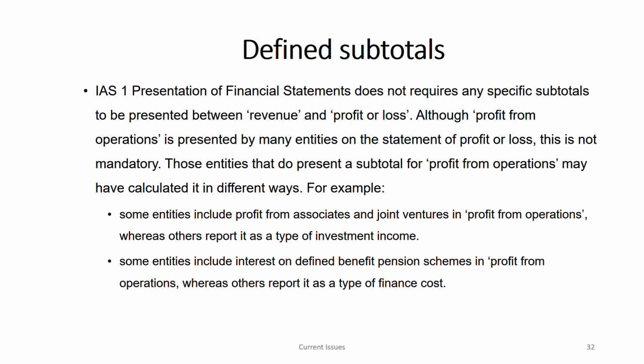Okay, because as I told you earlier, the current issue is something very easy to deal with, because the area is very small, it's not very wide like your IFRS standards and IAS standards. The wide areas I've already covered, so now nothing is left, it's just a small portion. Because of these differences, because some entities include this under profit from operations and some don't, comparability is becoming tougher between companies. That's the reason they're putting more and more guidelines under the exposure draft on how to present.